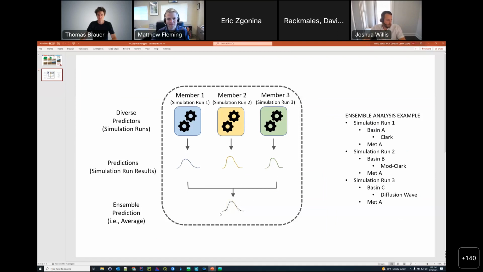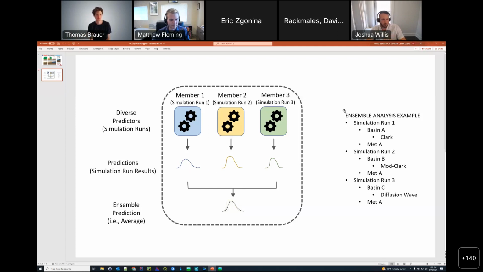So in this case here, I have the ensemble creating an ensemble average time series. So it's just looking at the simulation time window for each of these 3 members. And for each time step, it's plucking 3 values, 1 from each member, and then averaging it to create this time series. So there are a lot of different ways that you can apply ensemble analyses in HMS. I think probably 2 of the most important ways, or maybe the most used ways, are going to be to look at uncertainty in your boundary condition data, and then also to look at uncertainty in the basin model methods